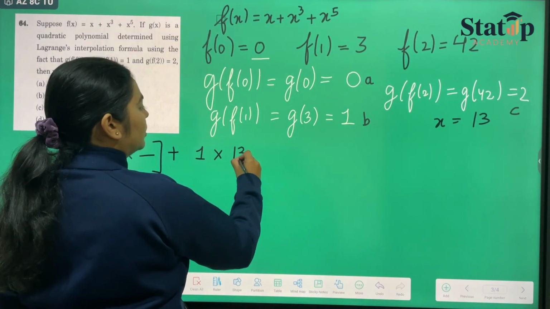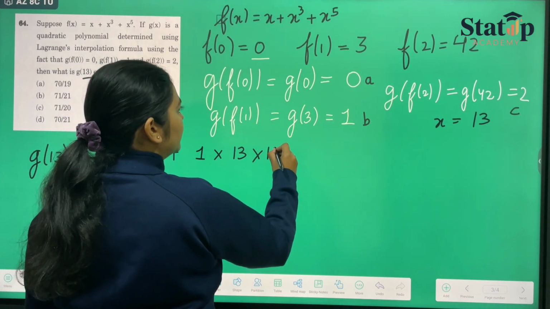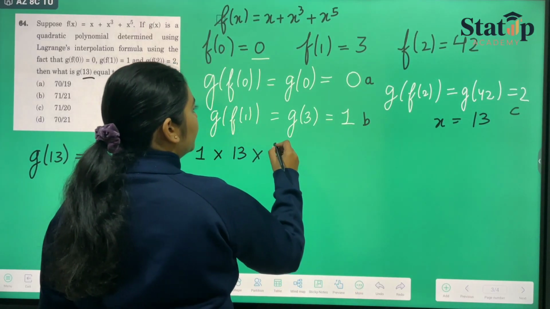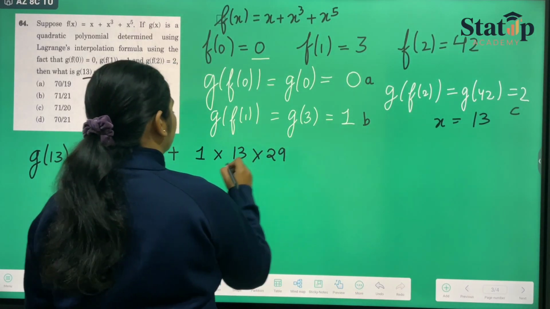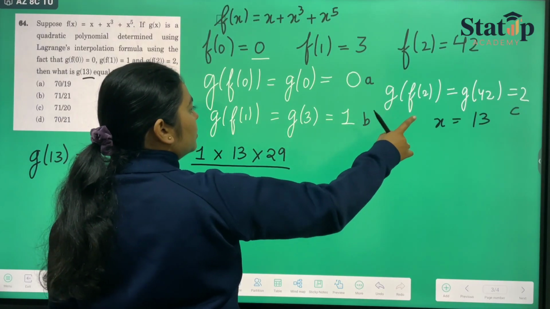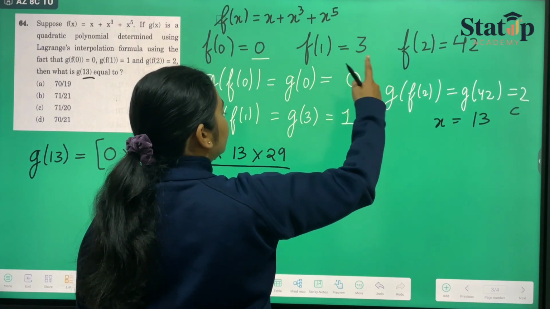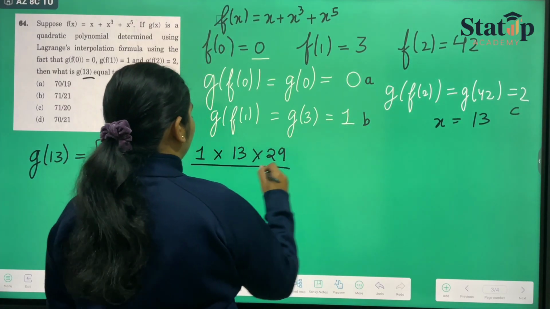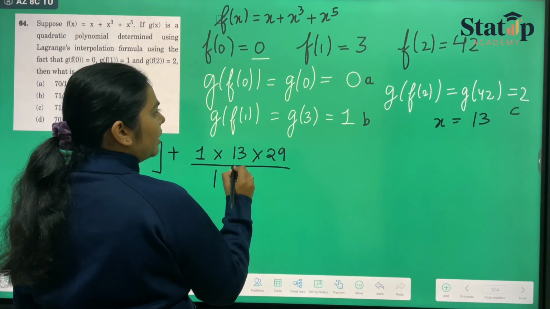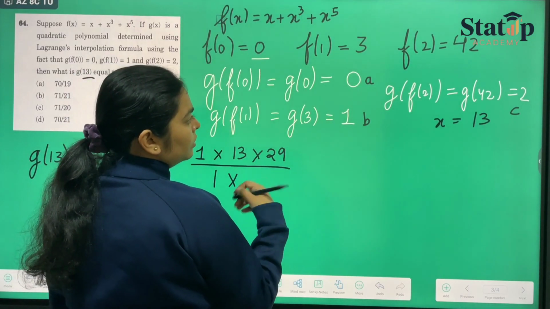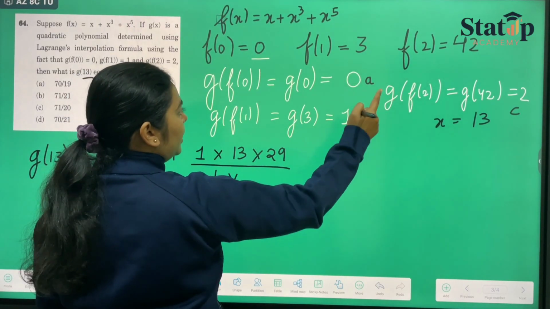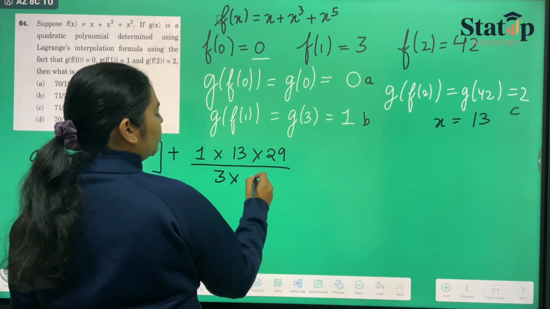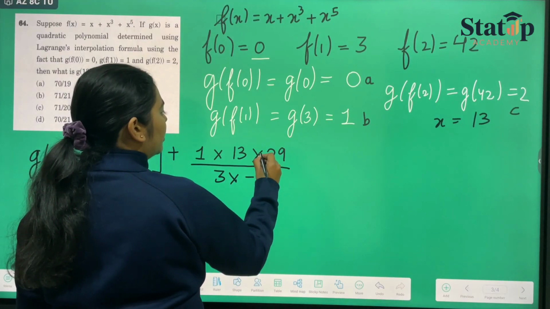So 13 minus 0 and 13 minus 42, which is 29, upon 1 minus 0 and 1 minus 42. 1 minus 0 will be 1, and 3 minus 0 and 3 minus 42. 3 minus 0 will be 3, and 3 minus 42 will be minus 39, here also it will be minus